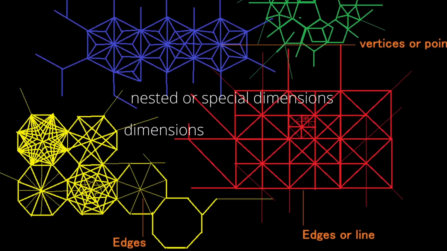Special dimensions means within a dimension there is another dimension, called a special dimension or nested dimension. In computer science class, during the coding of a program, if statements are used. If statements are used to test one or more criteria and allow a computer program to make sophisticated decisions based on